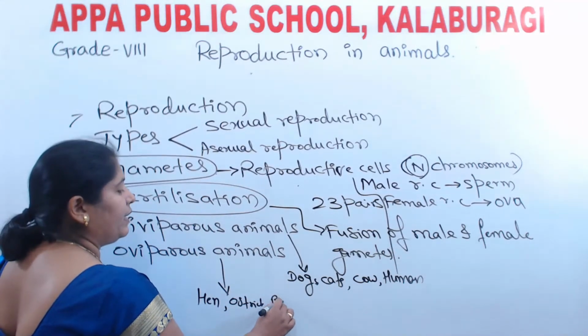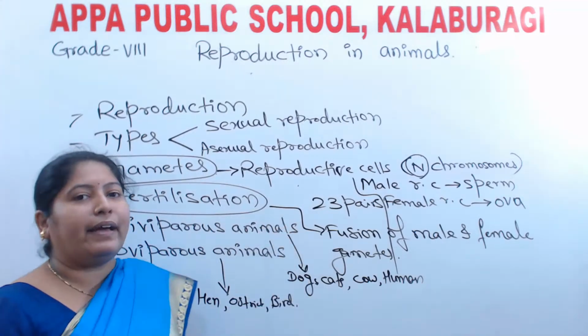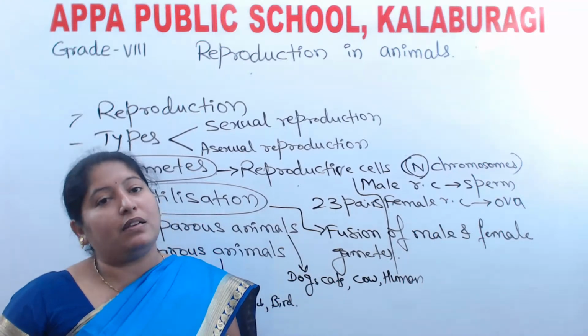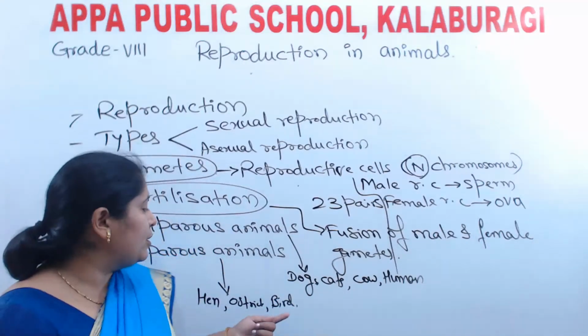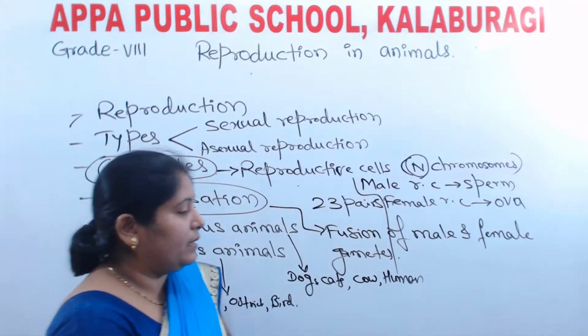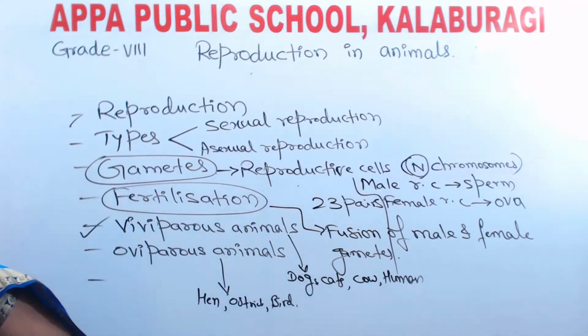Many varieties of the birds we can take here. Birds which are going to lay the egg, they are going to incubate the egg, and then the young one is going to be hatched out from that incubated egg. Right? So those come under oviparous animals. Right. So the next part is